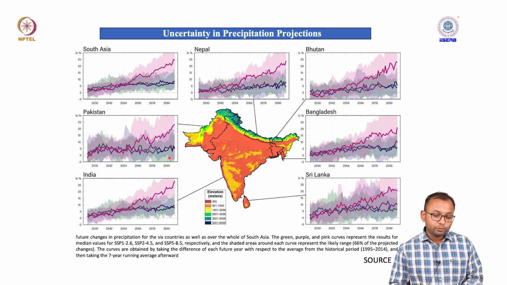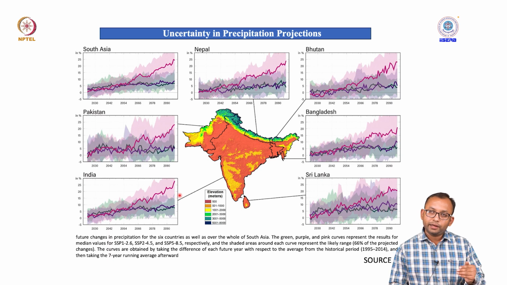And they have done some sort of future changes in the precipitation for six countries as well as South Asia. So you can look at it. There are multiple projection scenarios, let's say SSP 1-2.6, SSP 2, SSP 5, and they have done some sort of analysis. In all these analyses, you can see that there is a dark line